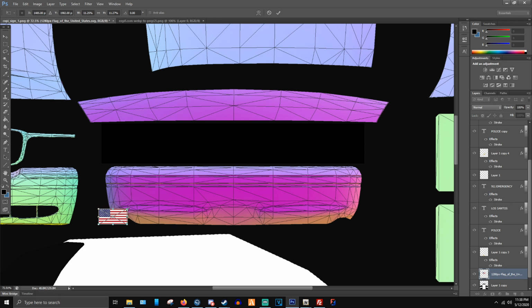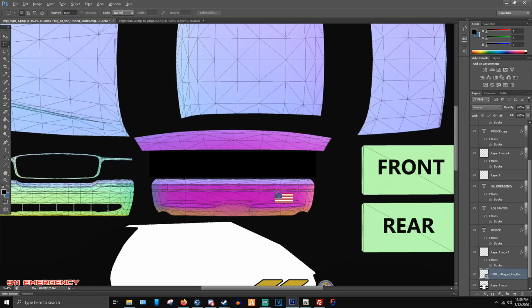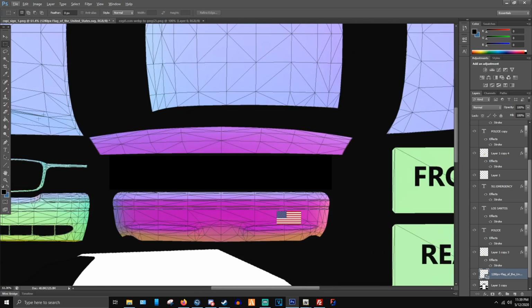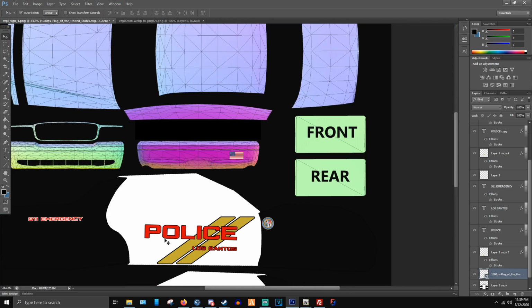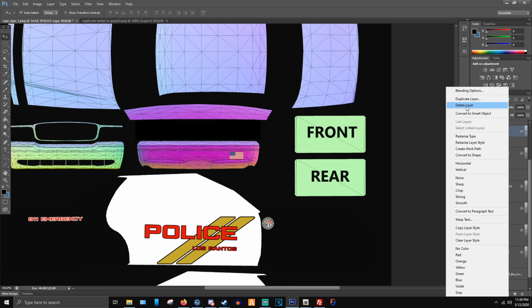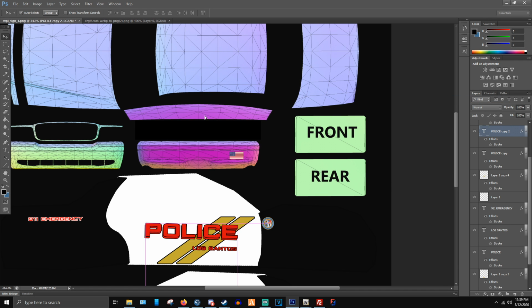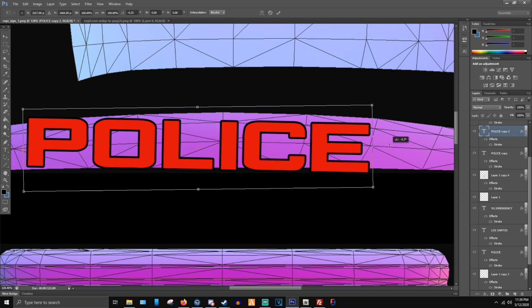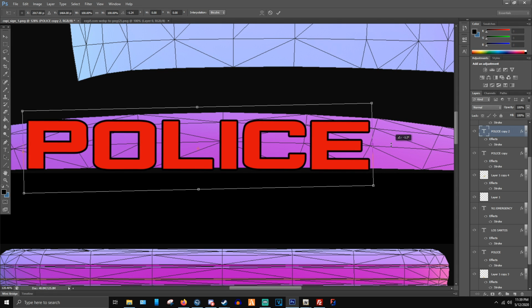So I have an American flag decal. I like to just put it on the bumper or something, right? Just so that you can have it or whatever. You can make whatever you want really. Let's go ahead and take the police font, this one. Just duplicate it one more time. Throw it up here. Let's flatten it out so it's not so